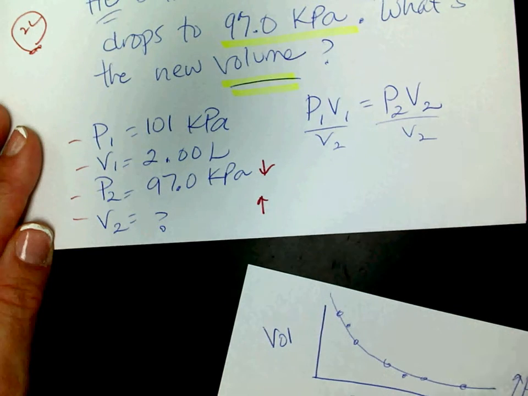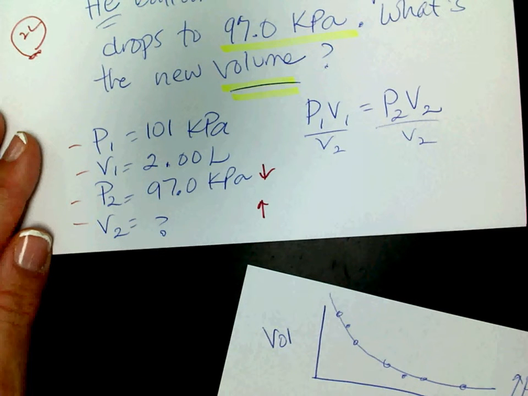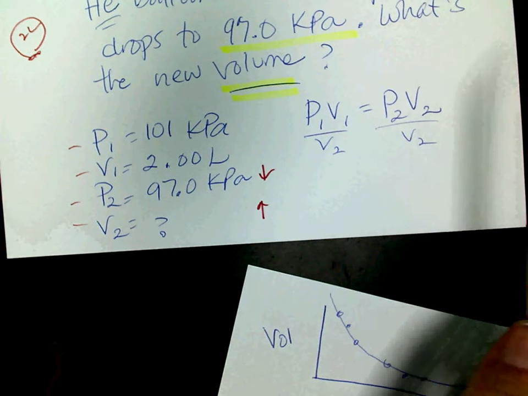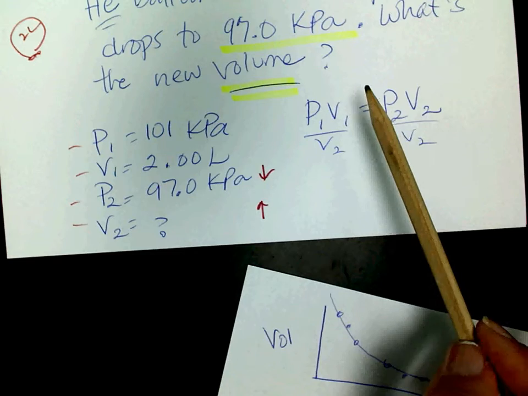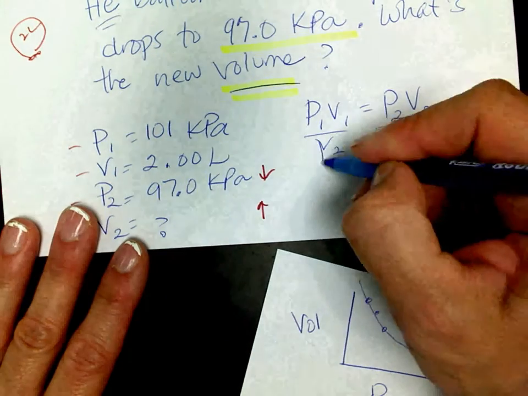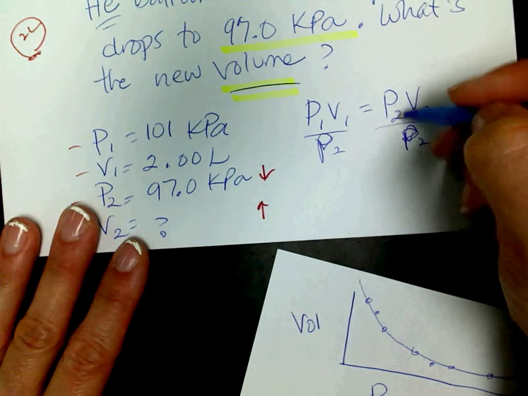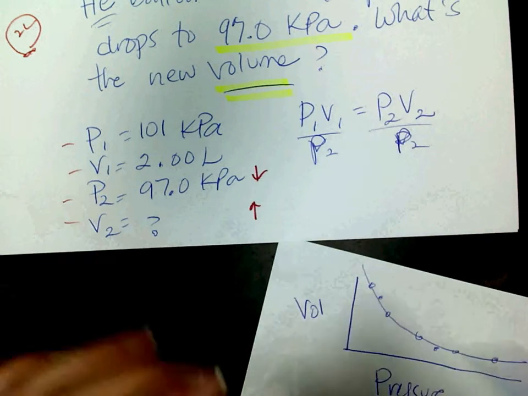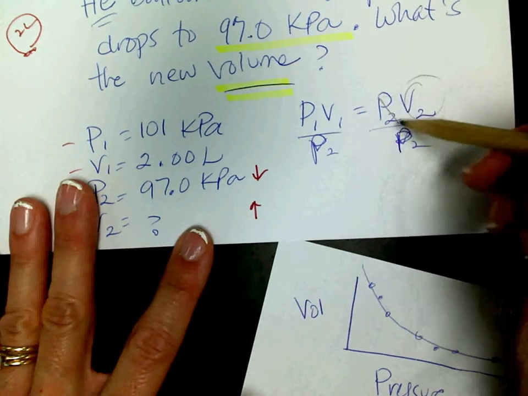Oops, well, what did I do wrong here? Look at that. That's not going to get rid of V2, is it? Yeah, I need to divide by P2, right? Divide by P2, yeah, and then that'll get my volume, V2, by itself. So now,